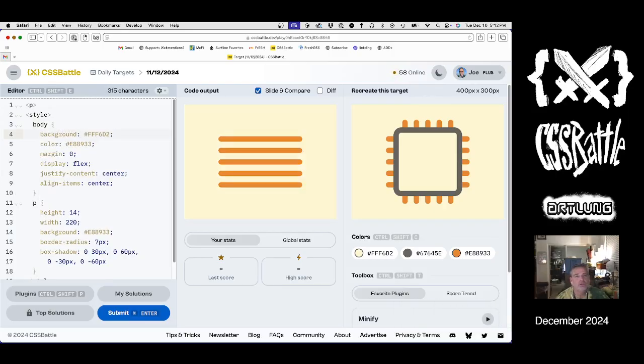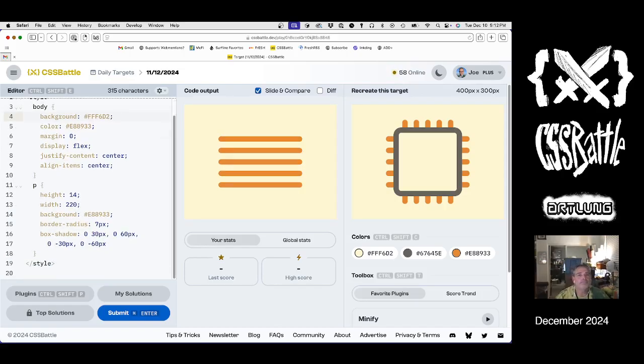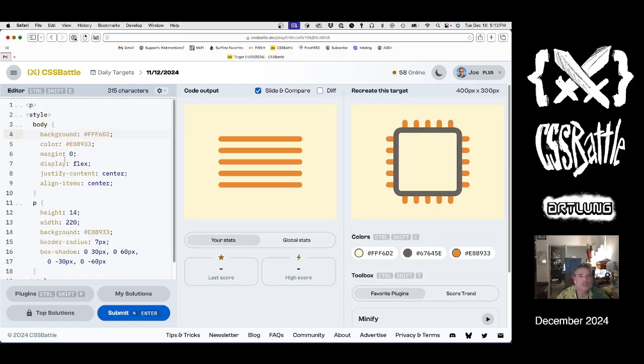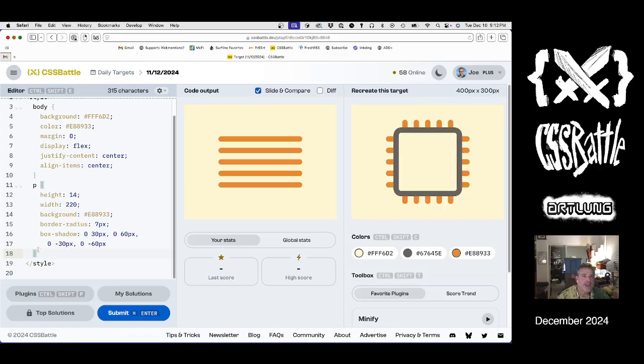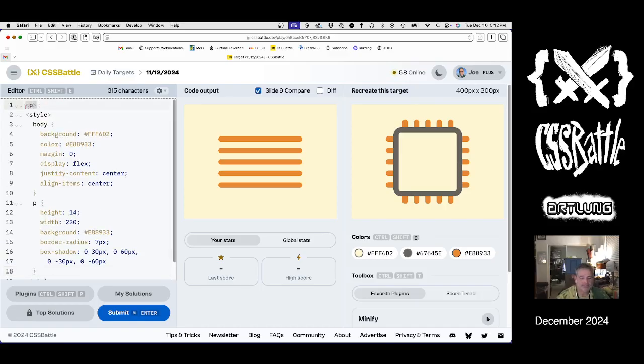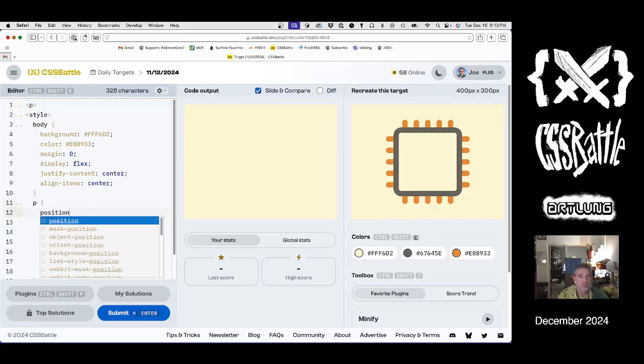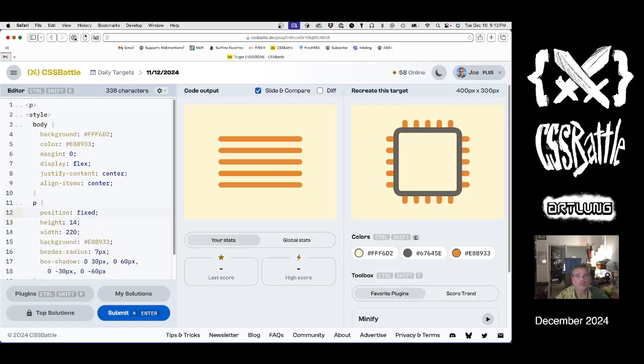Here's where it gets wacky. So what happens? Does this work if we add another one? What happens? Things go wonky, and that's no good. So what I feel inclined to do is to position these fixed, because we know that this is going to work, right? We know that works because that shadow is going to be exactly what it is,